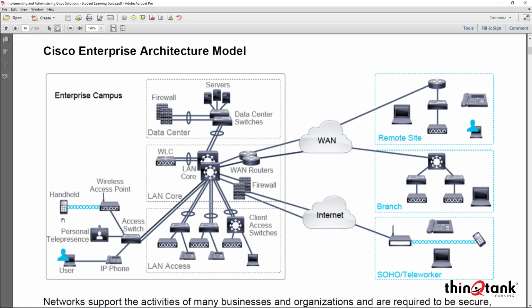The benefit to that, though, is that you do get guaranteed service levels. The service provider is going to provide you with guaranteed service levels, and you can implement things like quality of service and so on. When we use the internet as our WAN transport, our wide area network transport, typically we need to concern